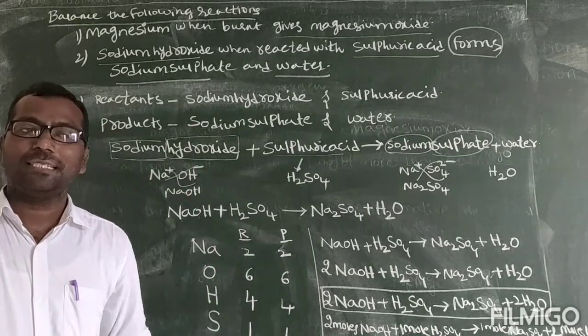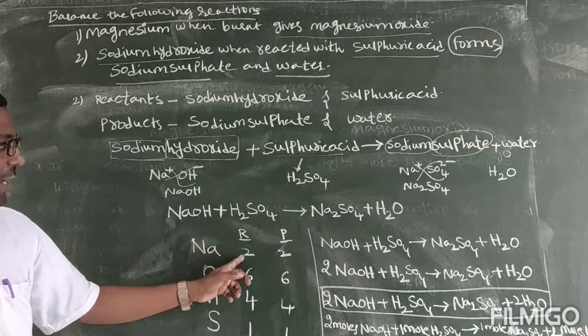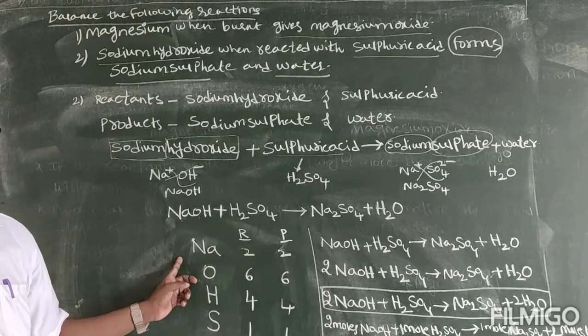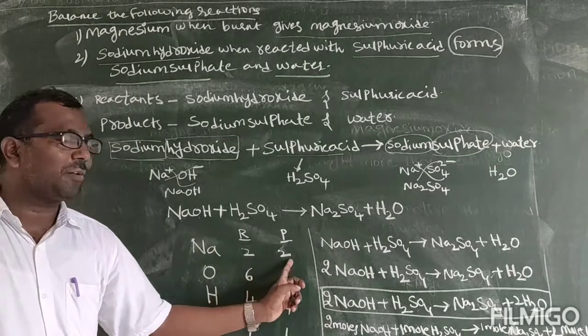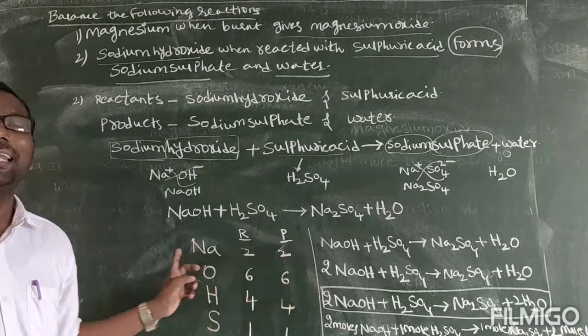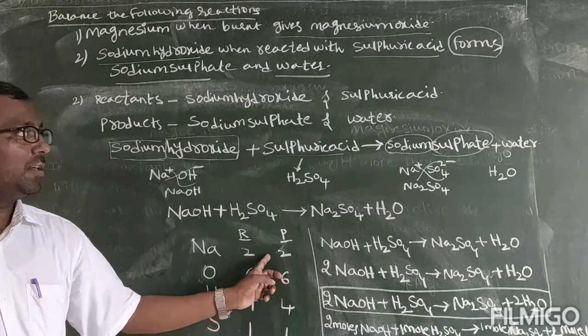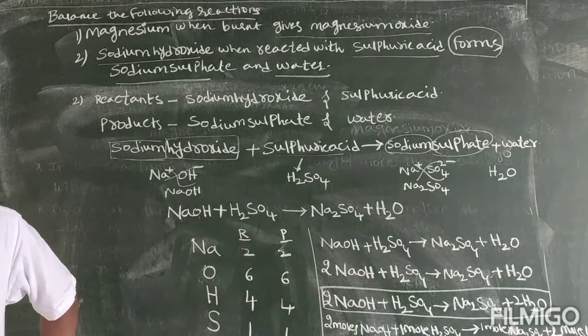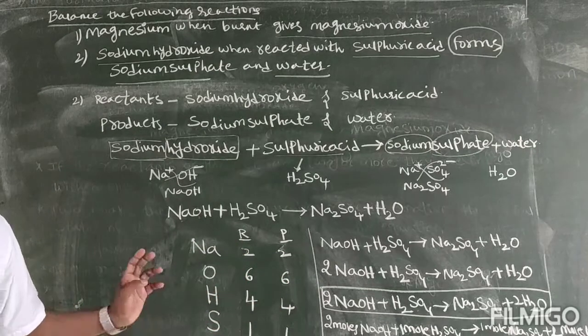Okay? And the last thing is, if the number of atoms on the reactant side is equal to the number of atoms on the product side, then it is called a balanced chemical equation. If the number of atoms on the reactant side is not equal to